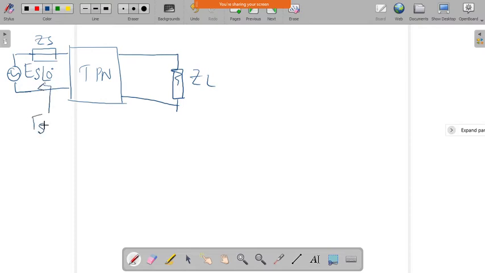Now if I look from this side, this is the source reflection coefficient, which we can write as gamma S. If I look into the network from this point, we can write it as gamma in, that is the reflection coefficient from the input side. Similarly, looking at the network from the other side, we write gamma out. If I look from this point, only at the load end, it is nothing but gamma L. So now we can obtain the signal flow graph for this microwave network.